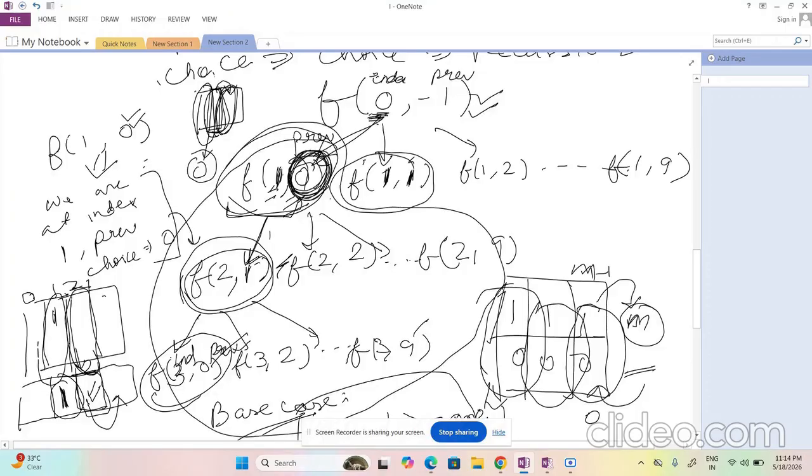If we have taken the previous here as 0, then for the next column we won't be taking 0 again. We can start from 1 to 9. But going forward, we can take 0 again. This is what we are doing.